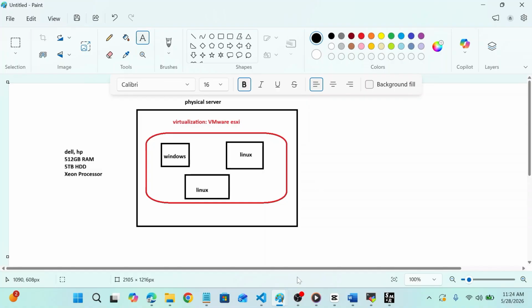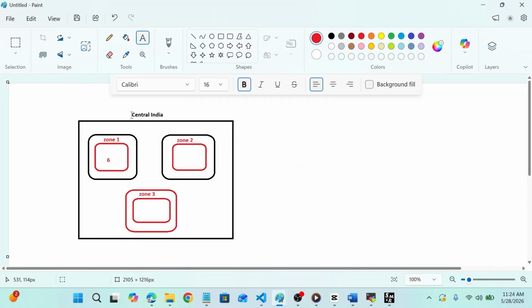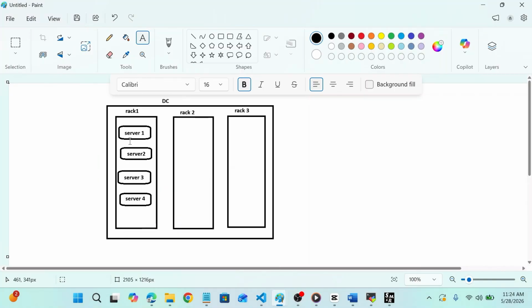So in availability zone, if you look at this, for example, this is Central India. We have multiple zones. Inside zones, we have data centers. Inside a data center, we have racks: rack 1, rack 2, rack 3, and inside racks we have